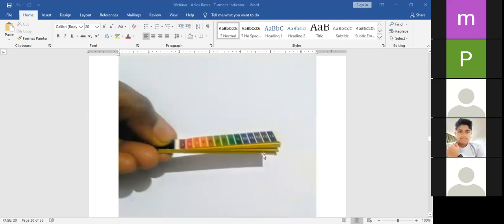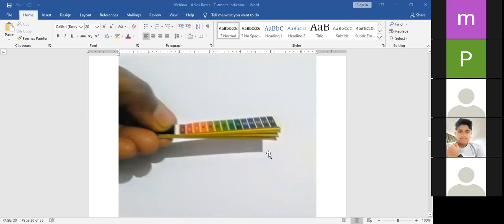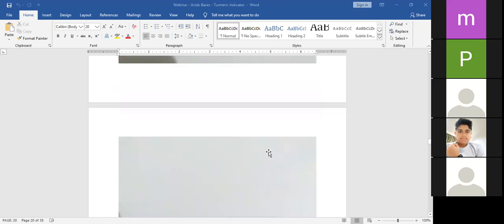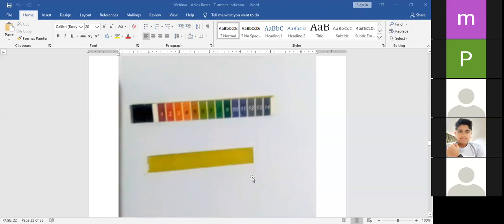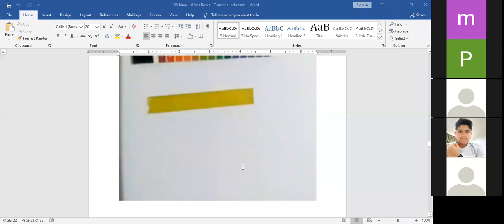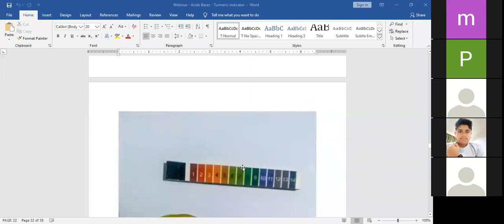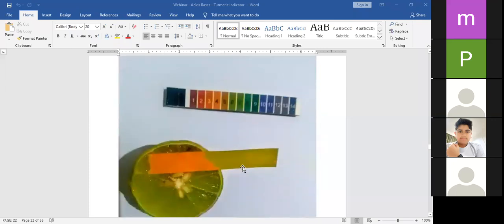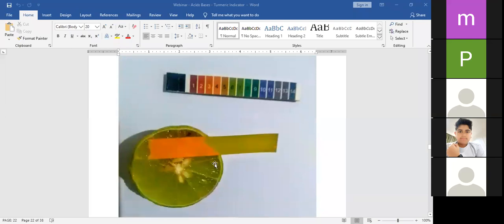Inside the booklet, you can see some yellow pages or some leaflets. I'll show that in the next picture. I've just torn a strip of it and arranged it like this. So this is how the scale looks like, and inside the leaflet looks like this. So I've tested lemon. The color of the pH paper is a kind of orange. So look carefully now and try to match it. What do you think the value will be?